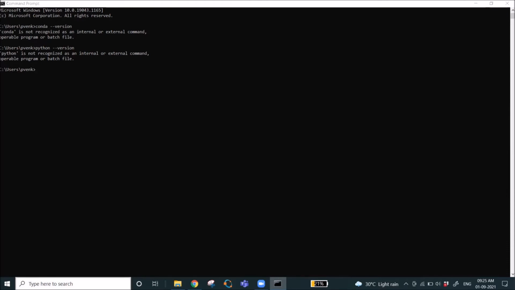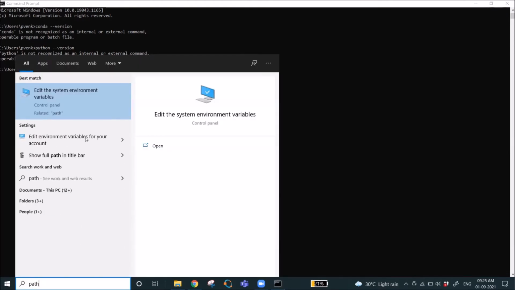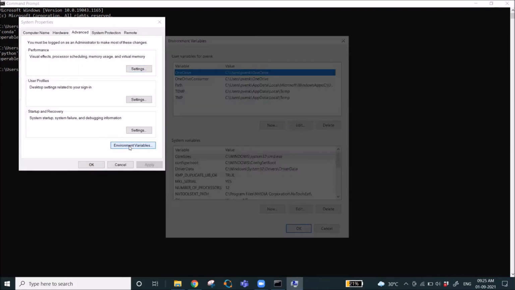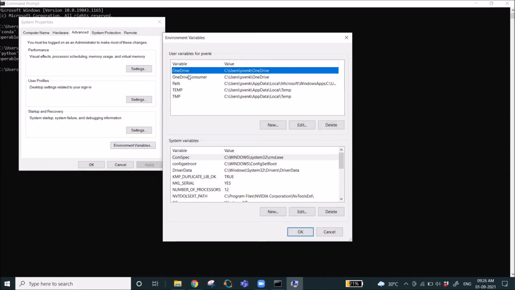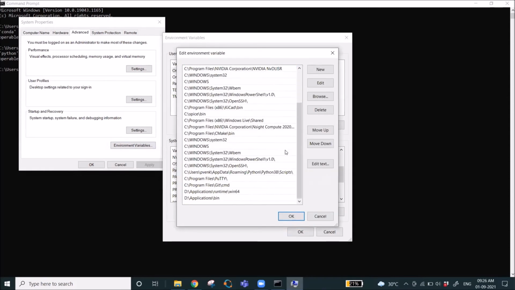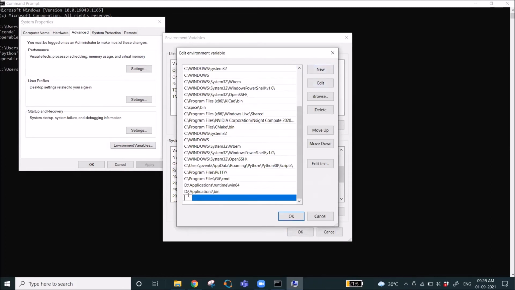How to bring it into utility? For that, I am clicking on path. After clicking on path, click on environment variables. You can observe here OneDrive, meaning I want to add the Anaconda path for a particular user, that is me. But if you want to use it for all users, the entire system, maybe 2-3 users, at that time you can click this path and after that click on new, click on edit, and click on new again and select that Anaconda path.